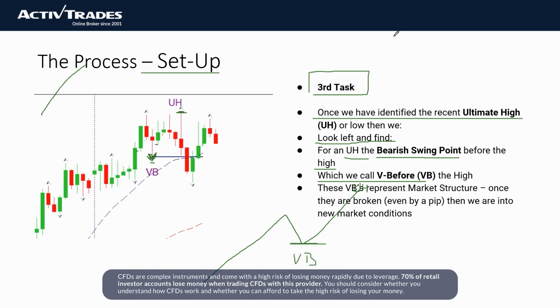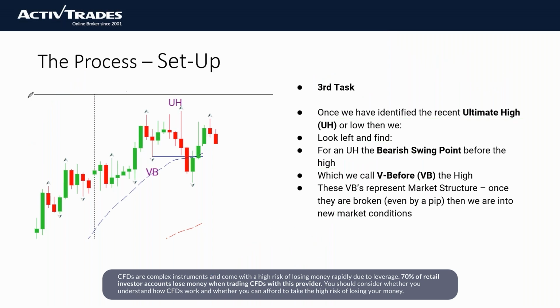All right. And on the downside, once we've identified this as the low, now we'd be looking for what was the last bullish swing point before the low. So when you're looking for a high, you're looking for the last bearish swing point. When you're at a low, you're looking for the last bullish swing point. Okay, we'll look at this on the charts in a few moments. But this starts to help us. Why are we interested in them? Because these